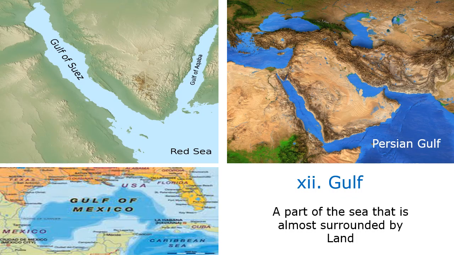What is meant by Gulf? This would be an example for an island. An island is a small piece of land surrounded by water. The opposite of that, a water body almost surrounded by land, is termed a gulf. So a gulf is the opposite of an island. There it was land surrounded by water, but here the water is surrounded on almost all sides by land. In this picture you can see the Gulf of Suez, the Gulf of Aqaba,